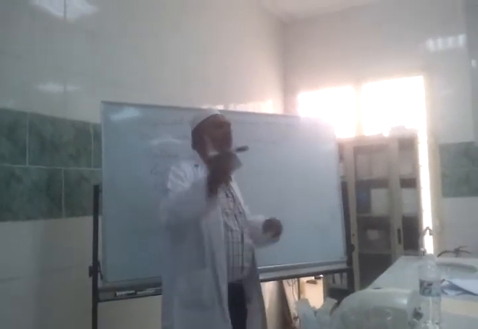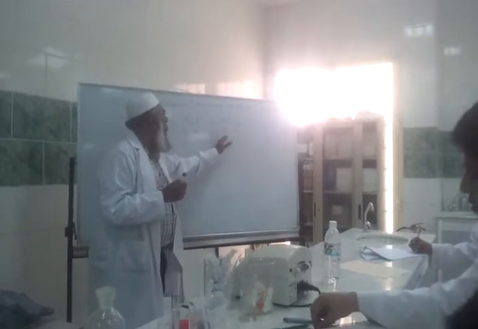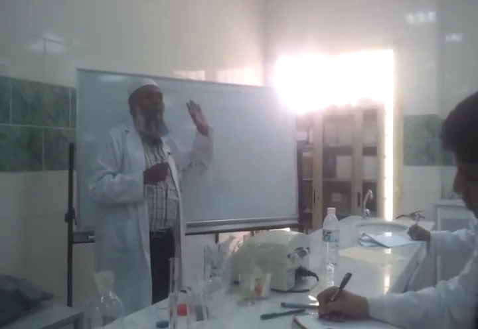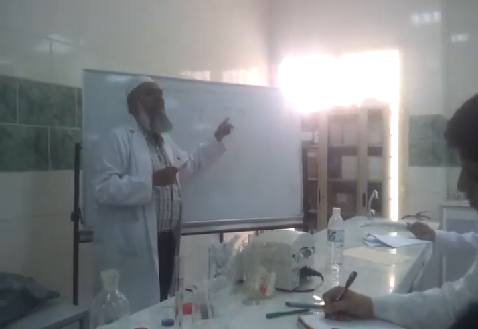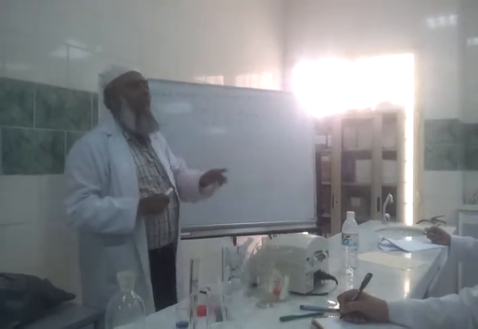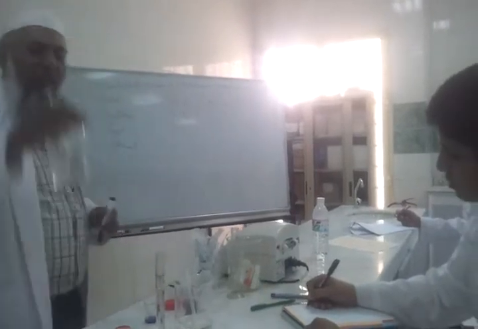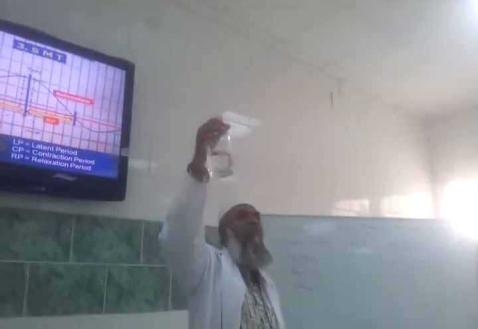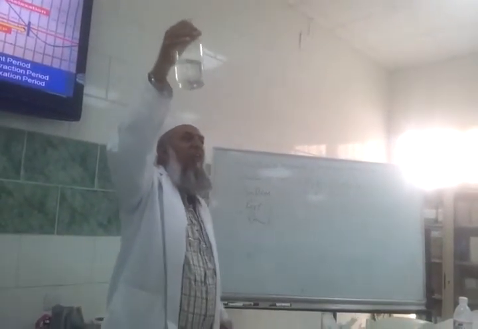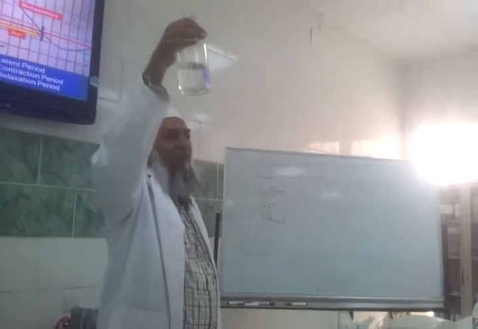And V2 is the volume of sodium hydroxide, known or unknown? How much? 3 ml. So write 3. Now out of 4, 2 are unknown and 2 are known. But of these 2 unknowns, we can calculate 1. This is M2. How? Because here we know how much the concentration is. But here we don't know the concentration. So we can calculate the molarity of this sodium hydroxide.